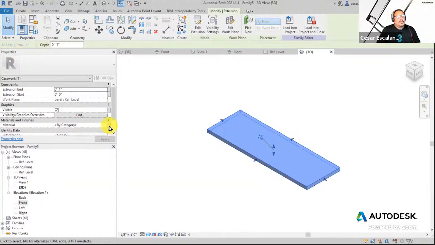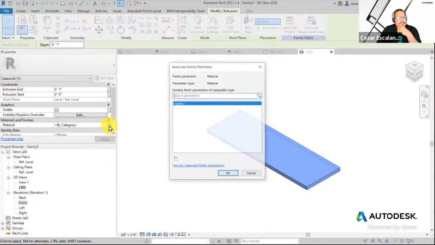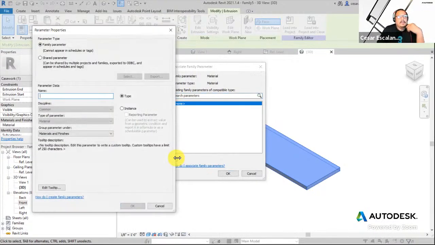All right, so this is the process of associating a parameter with another one. You hit this toggle, and this allows me to create a new family parameter. You use this little button in the lower left side that says create new parameter. This is going to create a new material parameter. I'm going to call this shelf material,